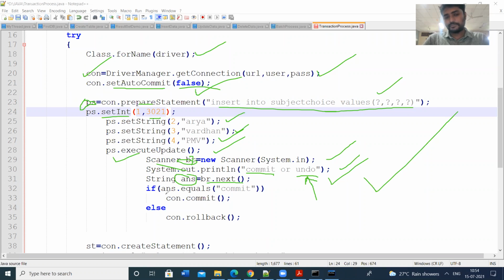I check if the answer equals commit. If it is commit, then connection.commit commits the transaction. Else we roll back the transaction. We have the two methods, commit and rollback. If all the statements are executed, then we can commit the transaction or roll it back. So let us see.